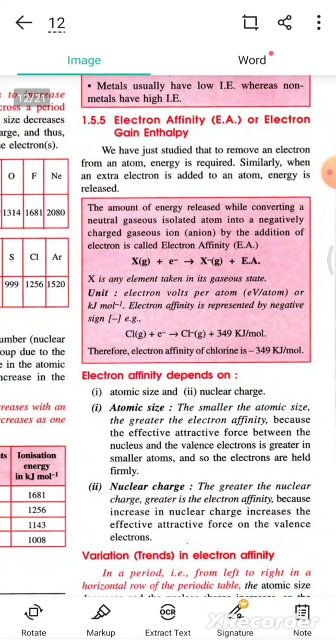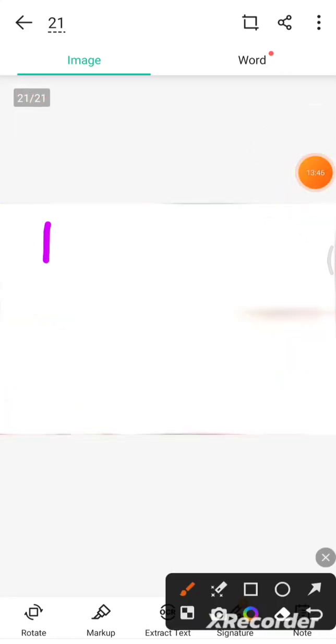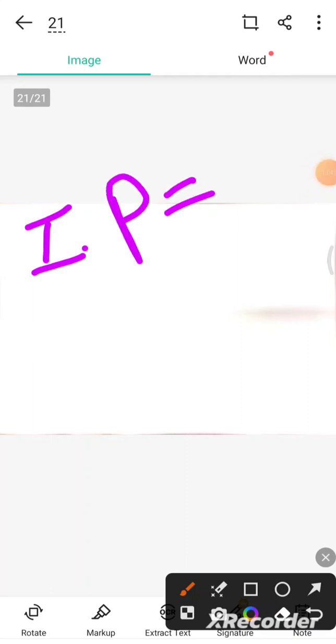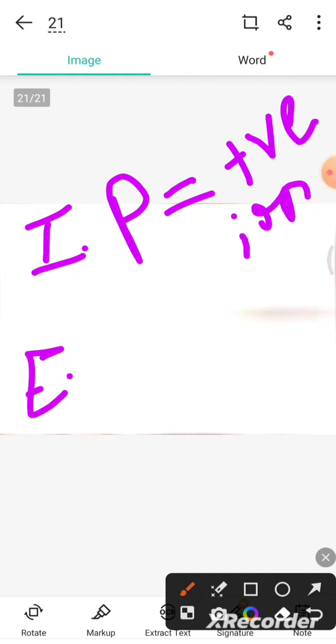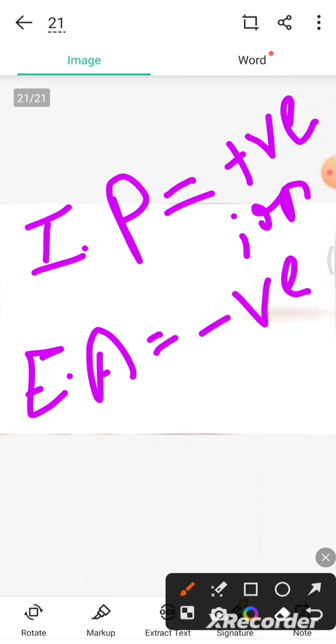Electron affinity is the amount of energy released while converting a neutral gaseous atom into a negatively charged ion. So simply, in ionization potential the atom is converting into a positive ion, whereas in electron affinity the atom is converting into a negative ion. When an atom converts into a negative ion, there will be a gain of electrons, and you know